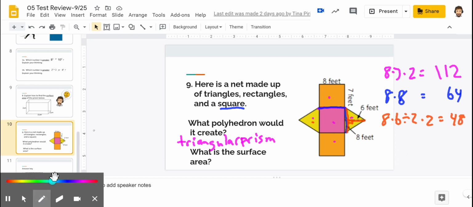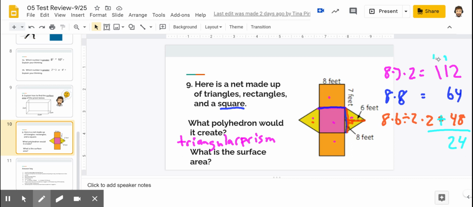And then we will finish up by adding up the areas of all the individual pieces, and that'll get us the total surface area of the prism. 2 plus 4 is 6. 6 plus 8 is 14, so I'll place the 4 and carry the 1. 1 plus 1 is 2. 2 plus 6 is 8. 8 plus 4 is 12. So I'll place the 2 and carry the 1. 1 plus 1 is 2. So I got a surface area of 224 square feet,